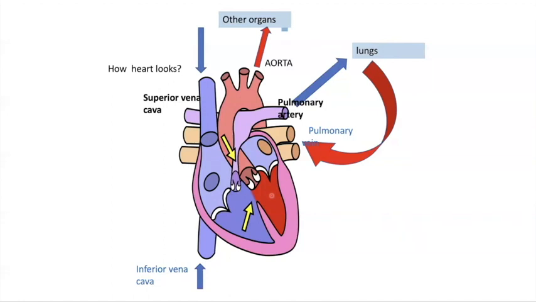When the left ventricle contracts, the blood goes to the aorta through the semilunar valve. And from this aorta, the pure oxygenated blood is given to all the organs. So this is how the blood flows. That means the right part takes the blue blood and pumps it into the lungs. Lungs purify that blood, and that pure or oxygenated blood goes to the left part through the pulmonary vein, and from this left part it goes out to all the other organs through the aorta.